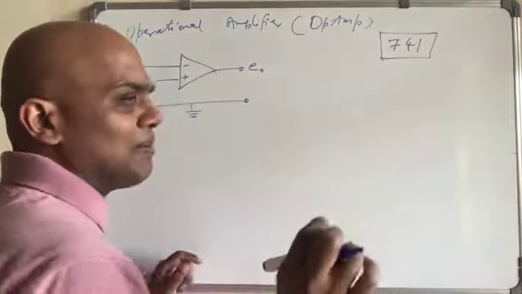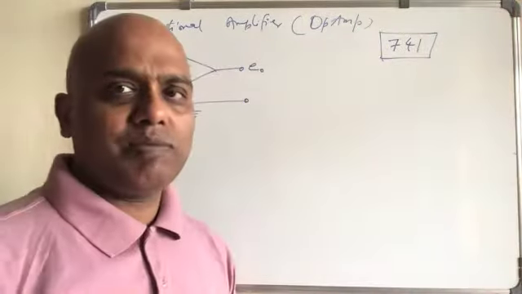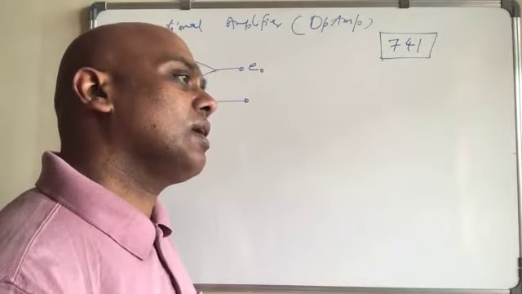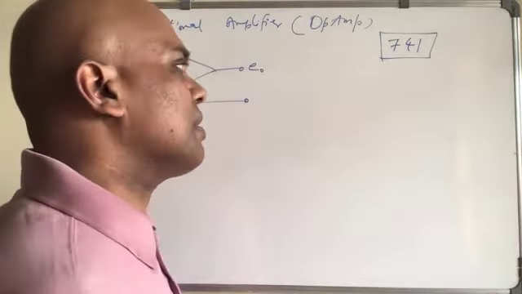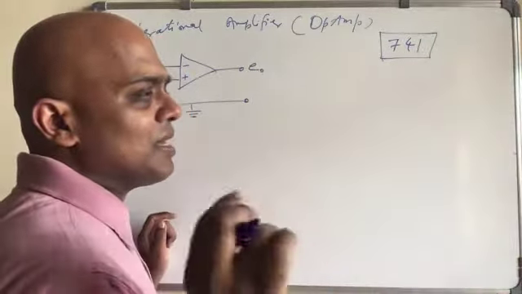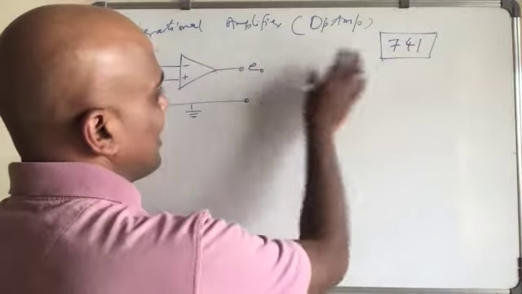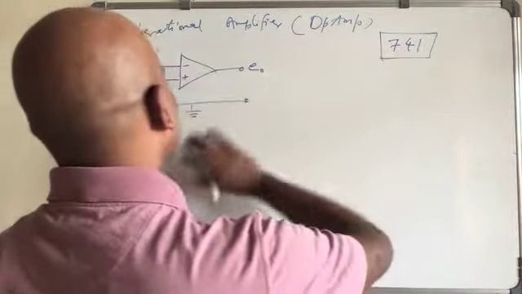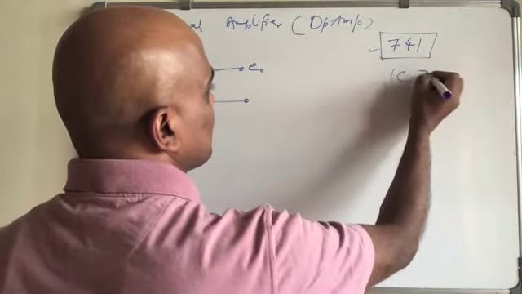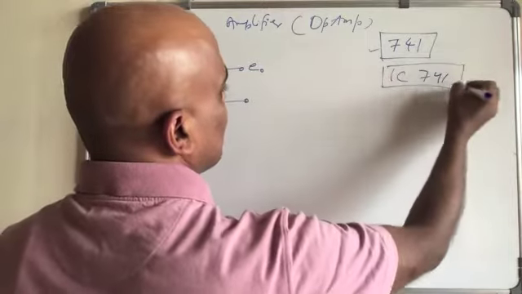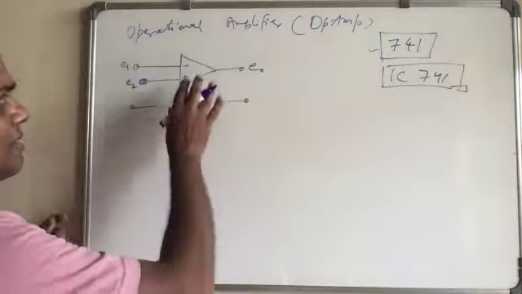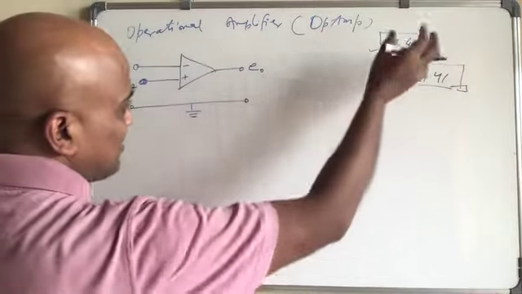For example, if you do extent gauging, for extent gauging you probably need an even better amplifier, but this may also work there. The signal may be very small and you have to amplify it, so you can use that basically. This is the amplifier. This is the number 741. If you say IC 741, there will be a lot of products available. For example, Texas Instruments also makes it. So basically this is the amplifier.